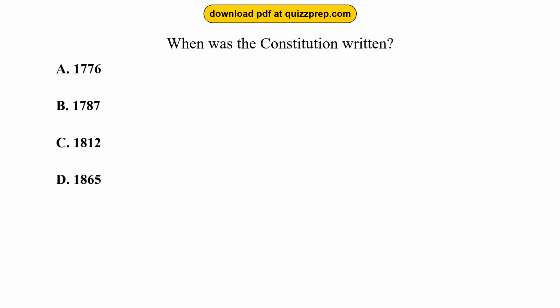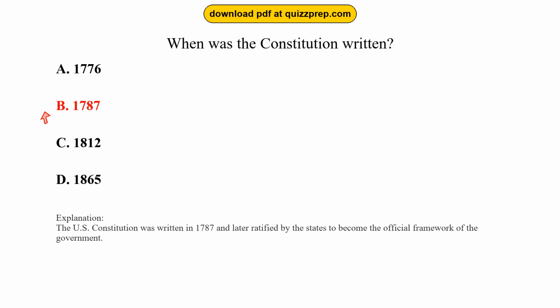Question 61. When was the Constitution written? Option A, 1776. Option B, 1787. Option C, 1812. Option D, 1865. The correct answer is option B, 1787. The U.S. Constitution was written in 1787 and later ratified by the states to become the official framework of the